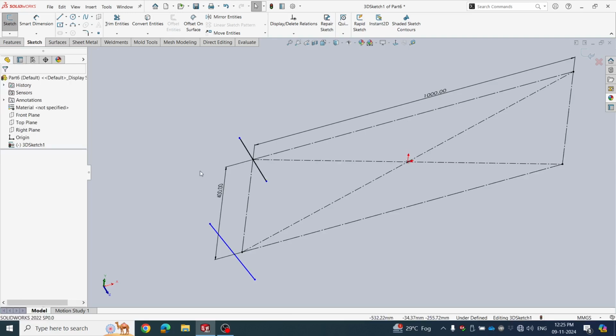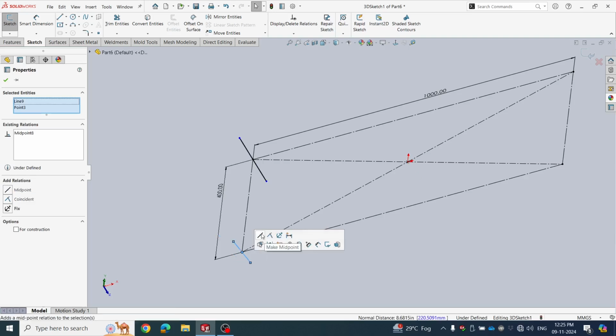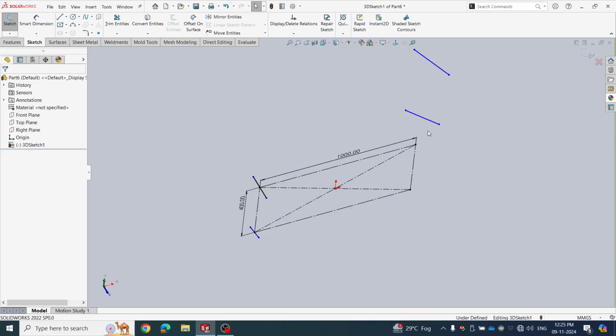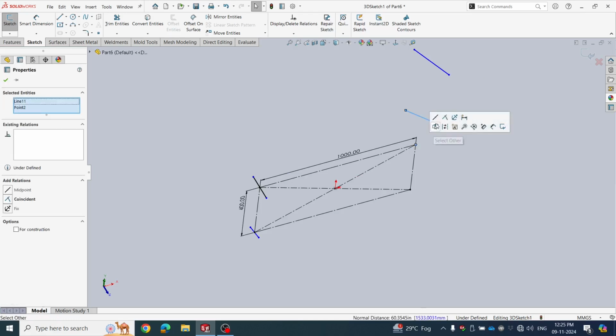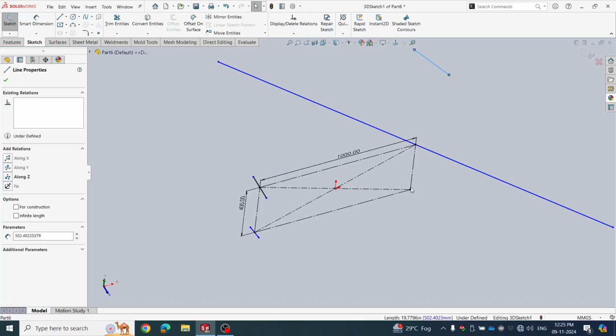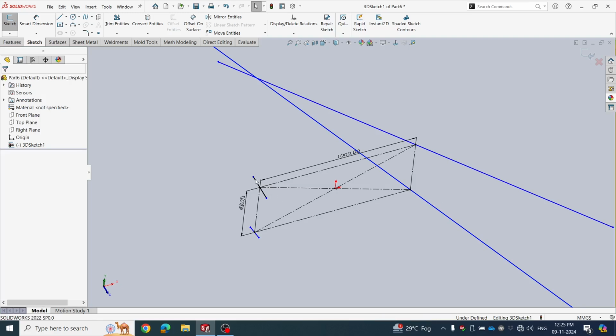Next, in mid plane, again do this for all four edges. Same here. Take this line and this point, make a relation midpoint, and this also, click on midpoint. Now make relation